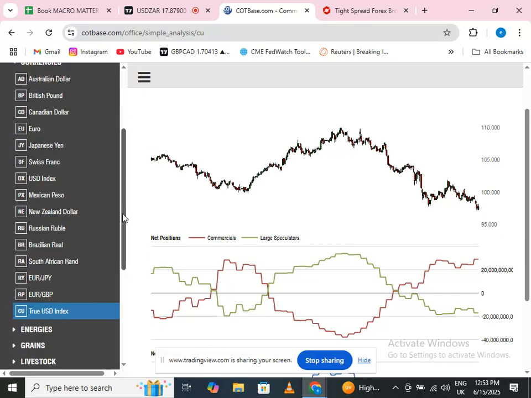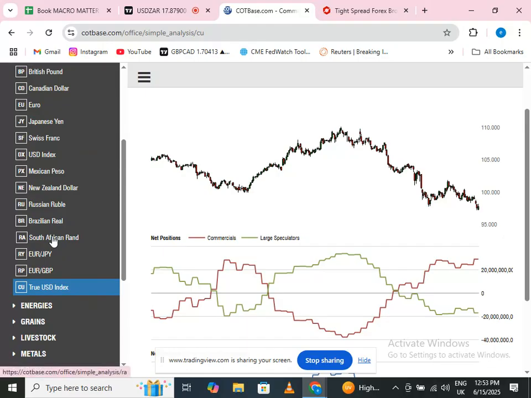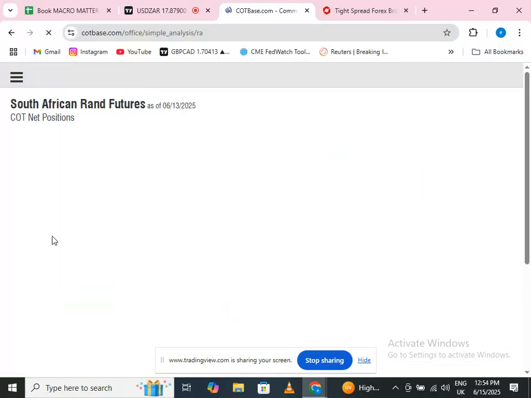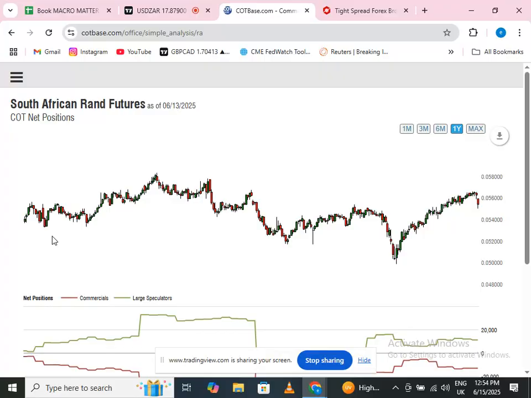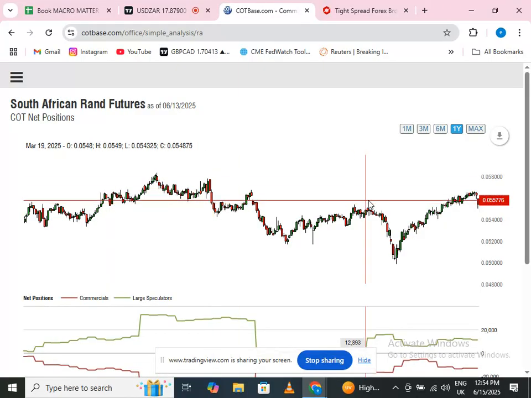Compared to the South African rand. So let's take a look at the South African rand, guys. Okay, this is the South African rand, whereby, from what we have seen in the macroeconomic approach, the data we looked at before,